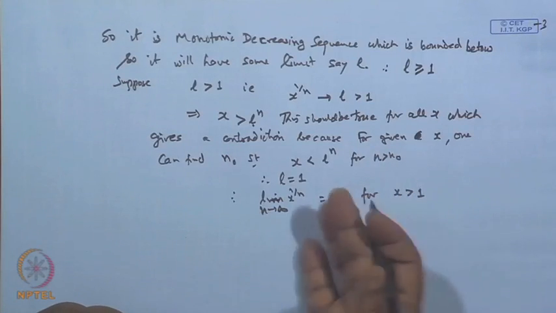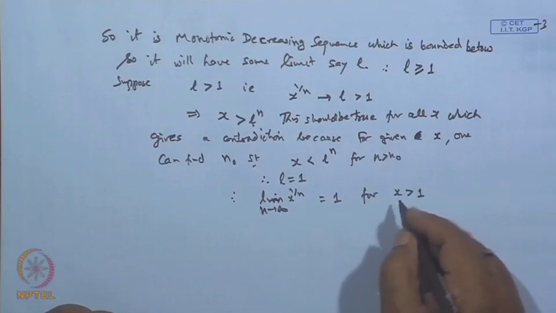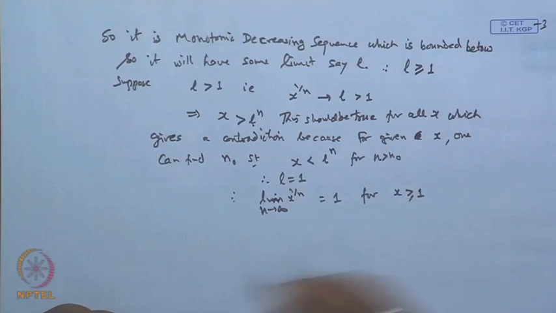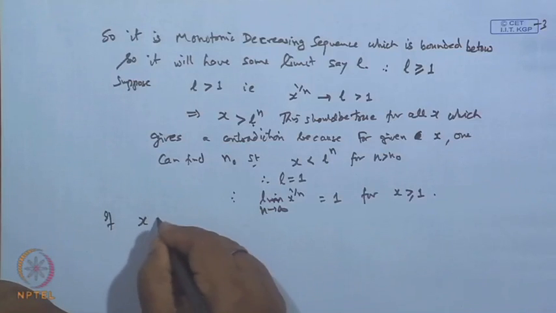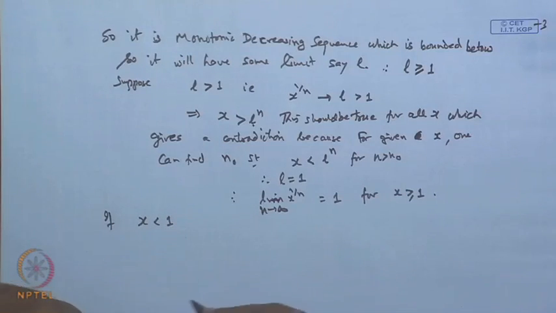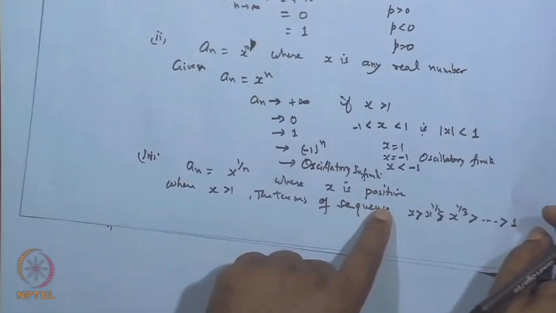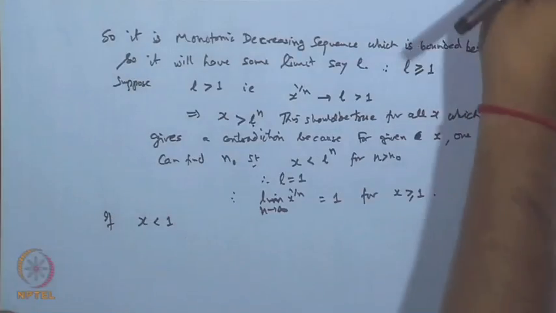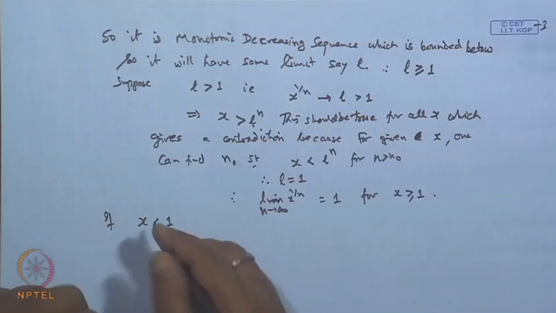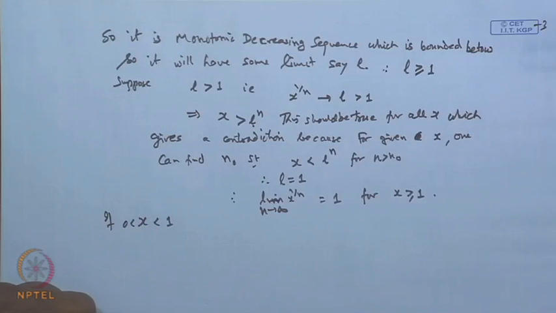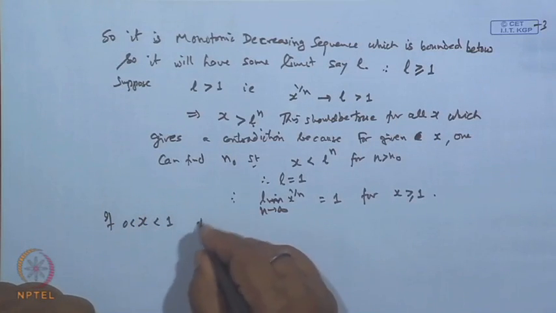Okay. And for x equal to 1 it is already true. So, let us now consider x strictly less than 1. Remember, x is positive, so we cannot choose a minus or something; x is greater than 0. So, if 0 is less than x less than 1, then